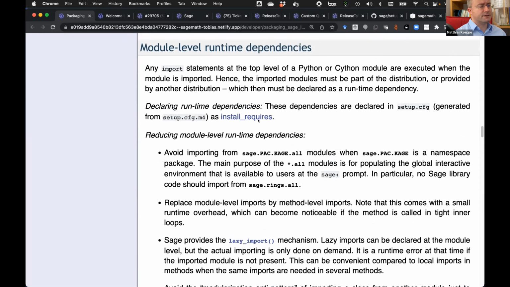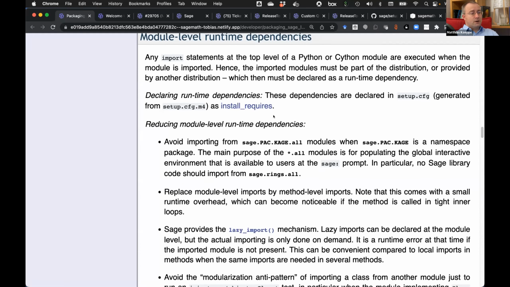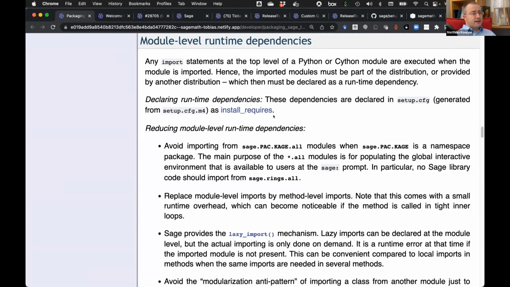Runtime dependencies are declared in install requires, as I just showed you. So basically everything that a Python module imports at the top level, which needs to be importable at import time, needs to be there. It needs to be declared as a dependency. Otherwise, you can't load the modules that have this dependency. So that should be declared. And these kinds of dependencies, we can fight them by delaying those imports